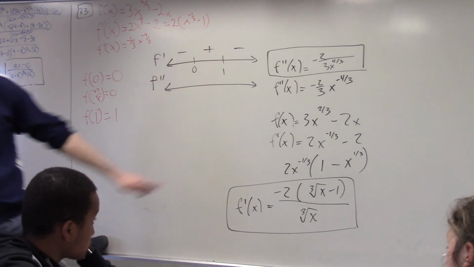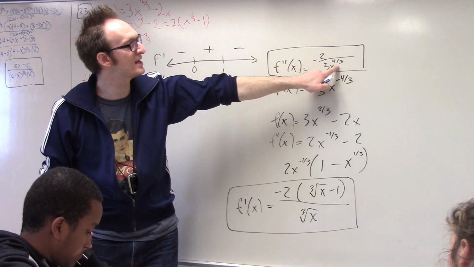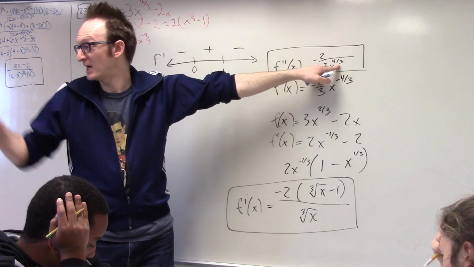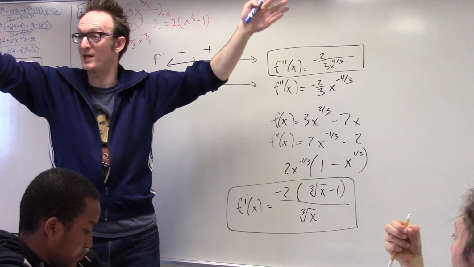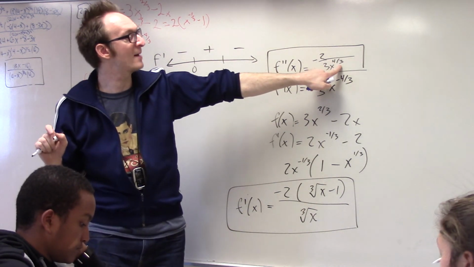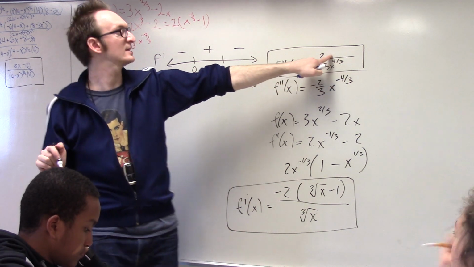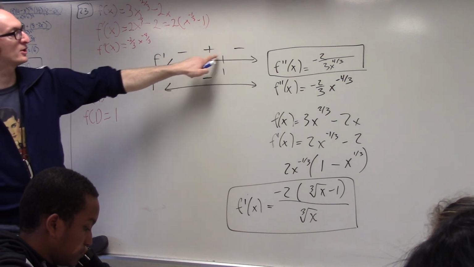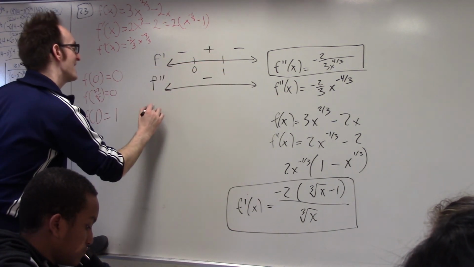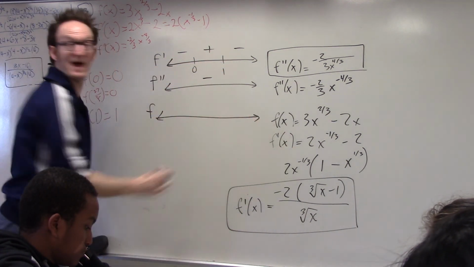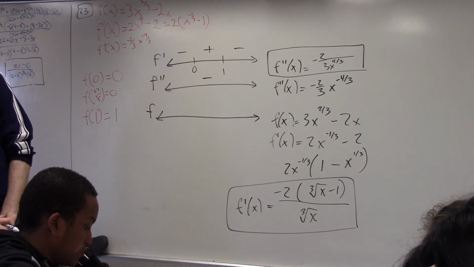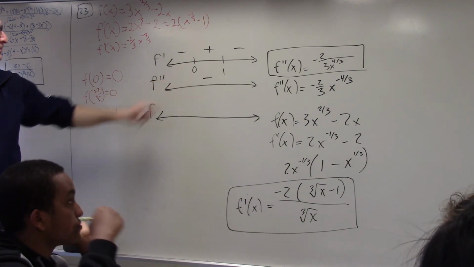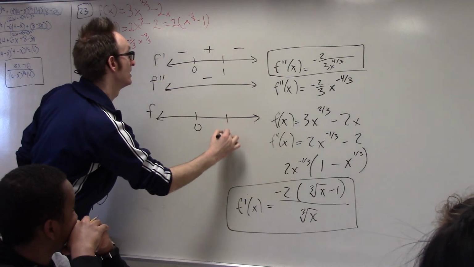And f double prime, you also have to be aware that if you raise something to the 4/3 power, it's always positive. Because the 4 is even and it will kill any possible negative. So since this denominator is always positive, this is just negative always. And therefore this function's decreasing, increasing, decreasing, and always concave down. So when you put it all together, you get a decreasing concave down function from negative infinity